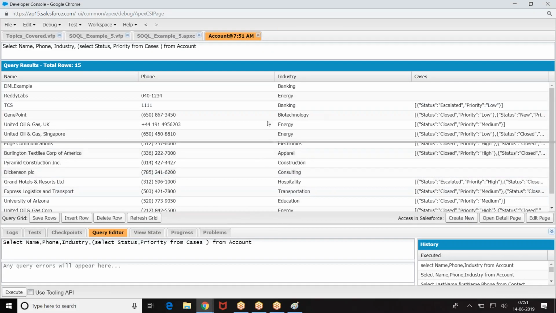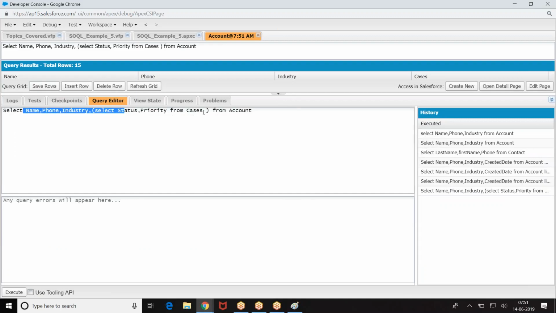Similarly, what is the query I asked you to form? Group with group member. Select name, type, select from group members.